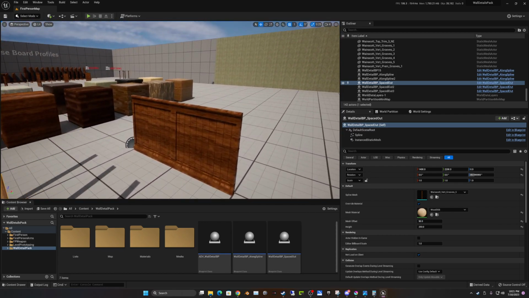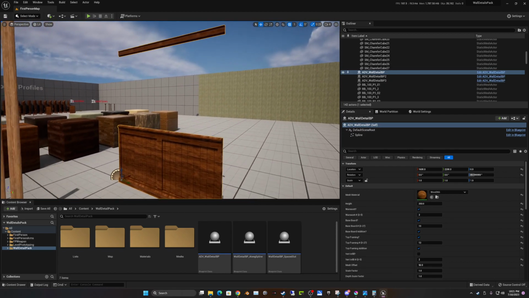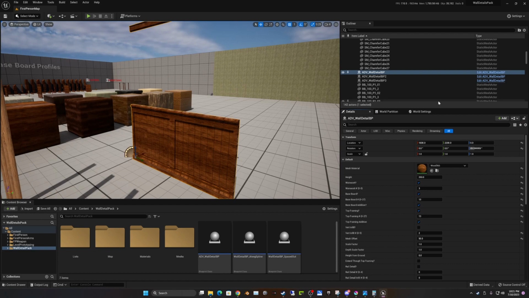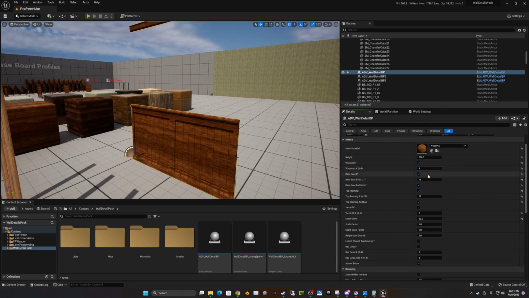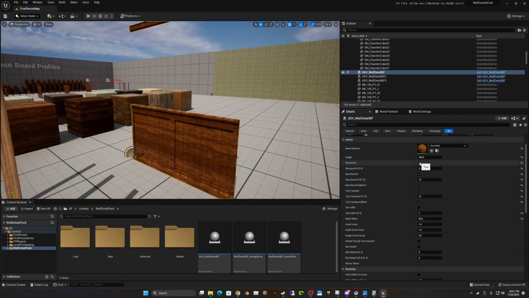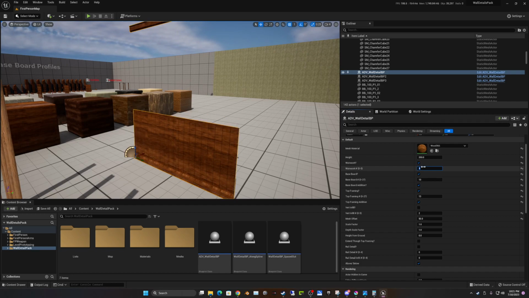The last blueprint is the advanced wall detail blueprint, and this is the most advanced blueprint in this pack because of how many options you have in it. You can change the mesh material, the height, and then as you go through, there is stuff like the wainscot. You can add that, or you can change the type just as simple as cycling through these numbers here. I have a guide added right next to it to show the available numbers that you can pick. So for this, you can pick 0 through 5 for the wainscot and get 6